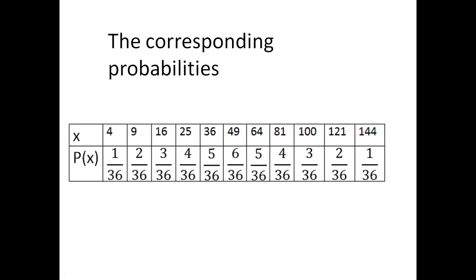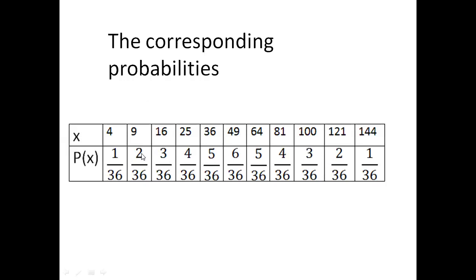Suppose you have any doubt whether the problem is done correctly or not, then verify here. How to verify whether the problem is right or wrong? Here the probabilities are given. According to the probability mass function, the sum of all probabilities is equal to 1. That's why we add all the probabilities. For all the probabilities, the denominator is the same, so we add the numerators.